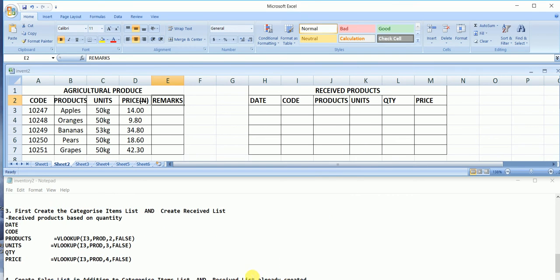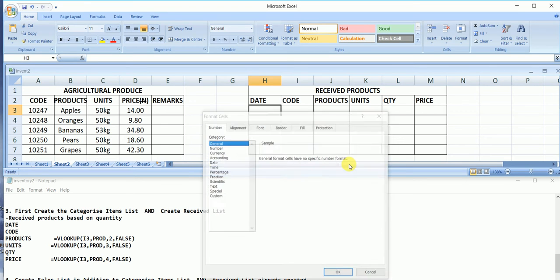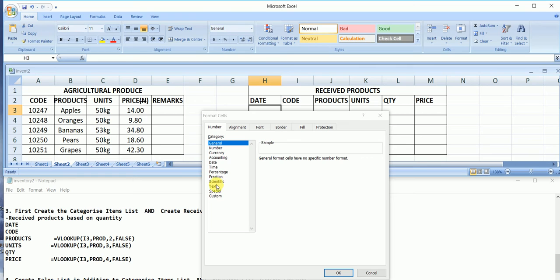So to do this, I will first of all look at the items. Date is when the item was received, so you can specify any date you want. For example, you can right click on this cell, click on format cells, and choose